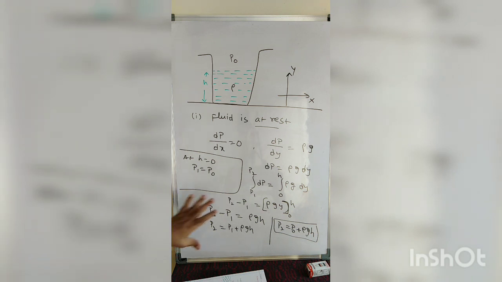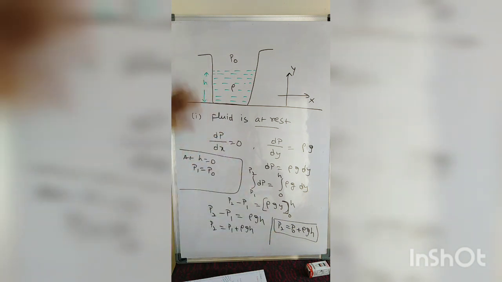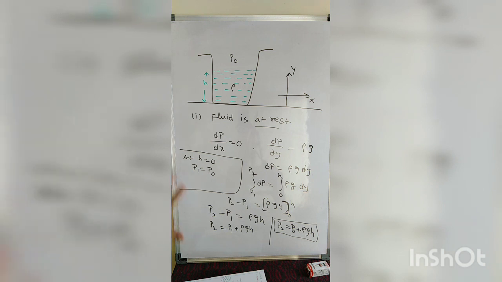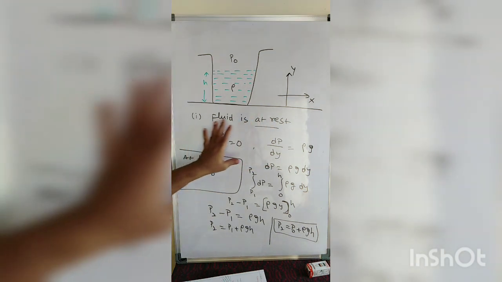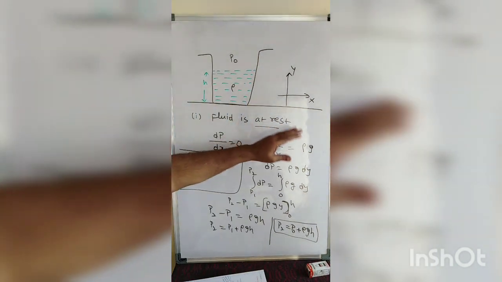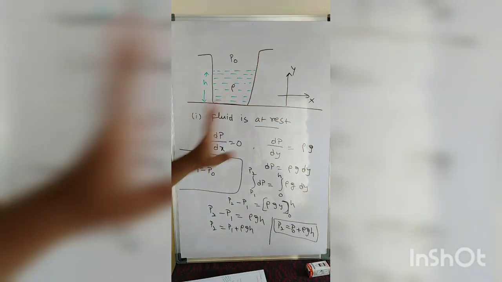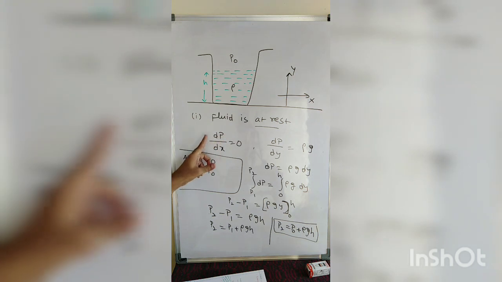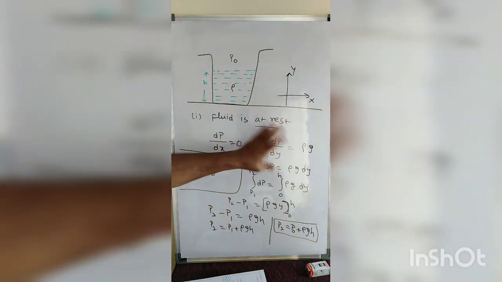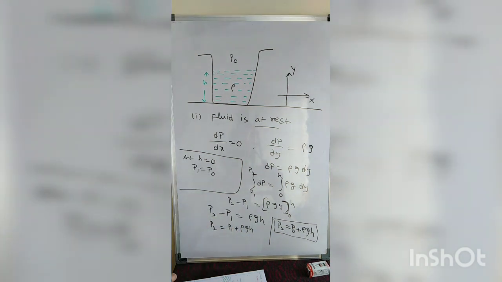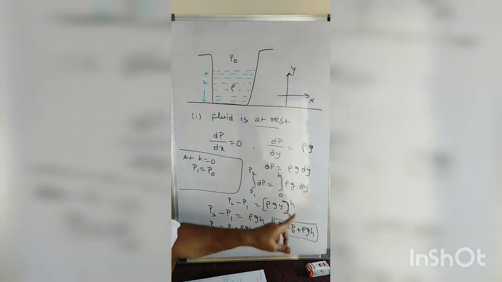Observe it carefully. When the fluid is at rest, P2 is the pressure at this point, at almost the total height point. Now observe carefully, when the fluid is at rest, what do we get along the x-axis and y-axis? Along the x-axis the same height is there, so no change at all. But along the y-axis the height is varying, so that's why we got P2 equal to P0 plus rho g h.